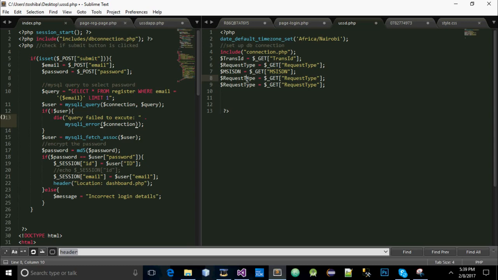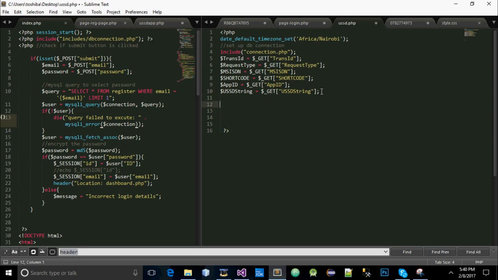I'll call this one our shortcode, and I'm going to call this the app ID. We need our ussd string. Call this one our ussd string,